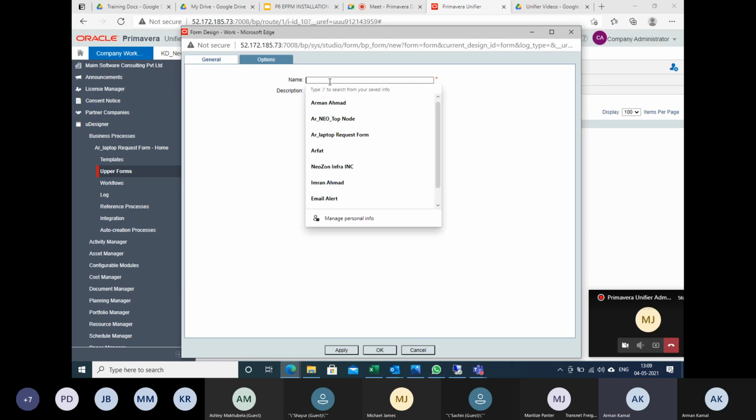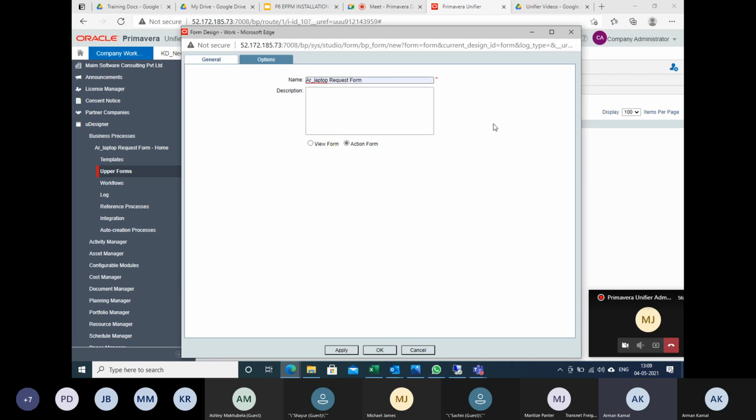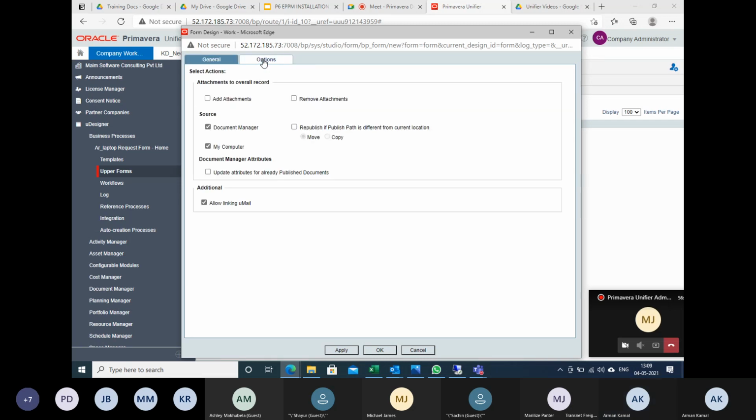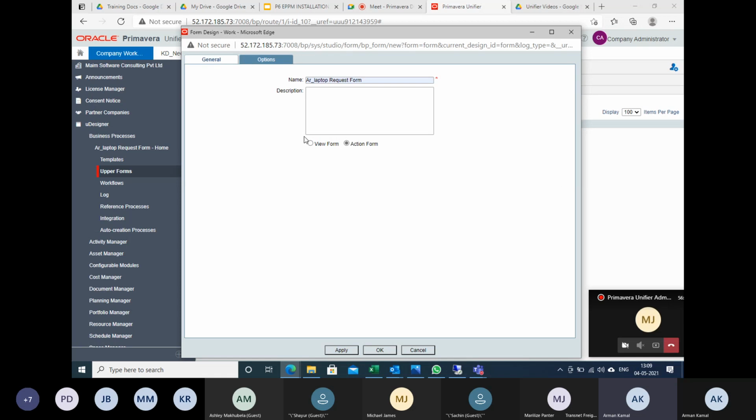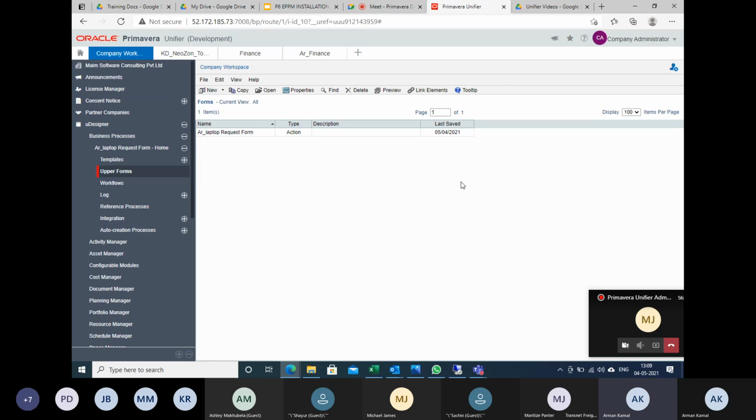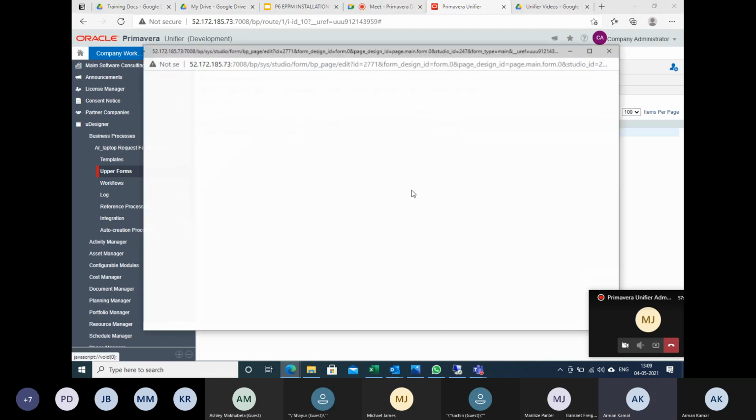I will create, let's say, AR laptop request form. It's better. I can enable this add attachment also if you want. Otherwise, leave it, it's not mandatory. And I will click OK. Now this is the first step of BP creation. I will click open.